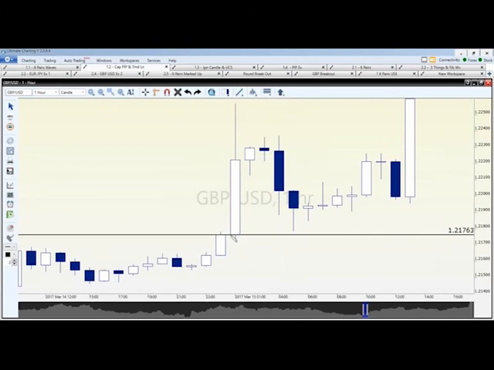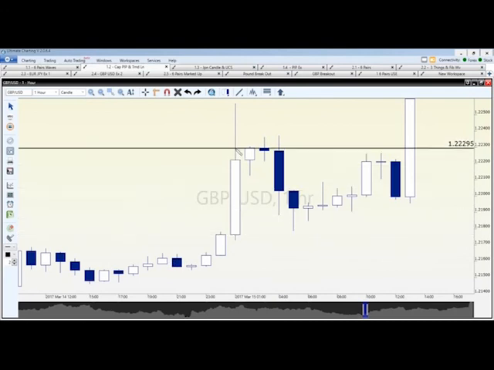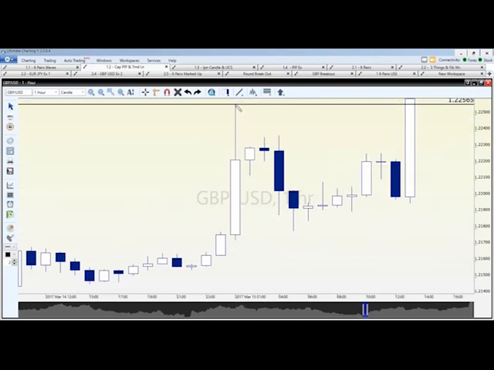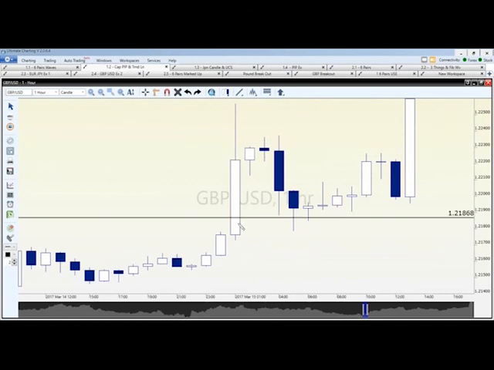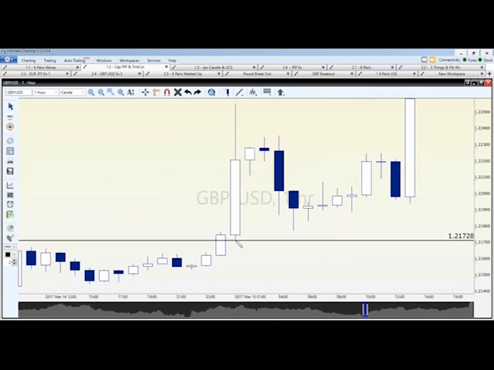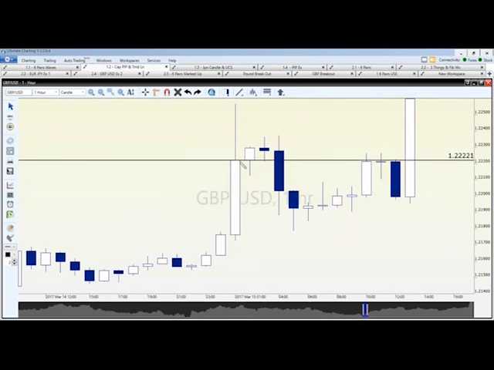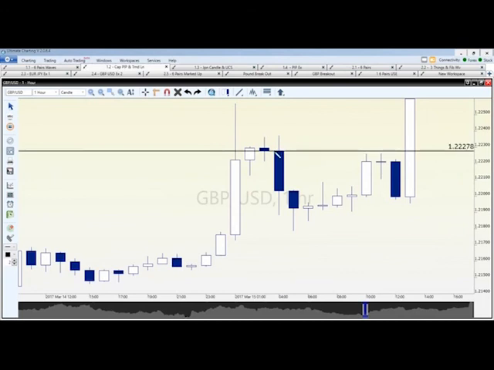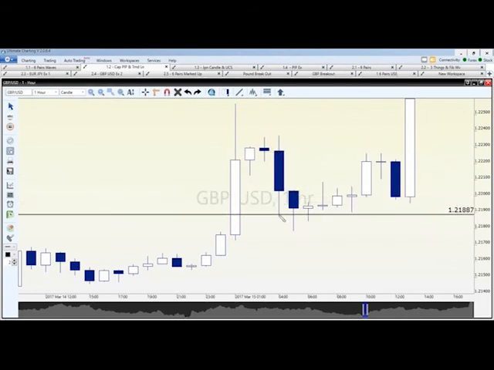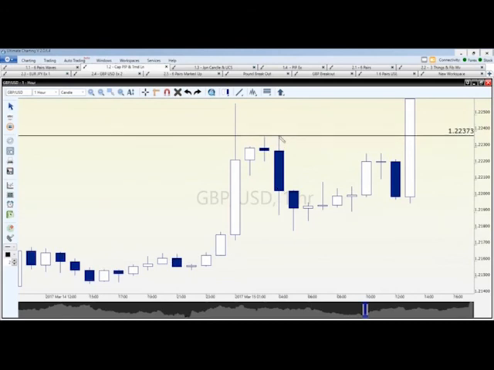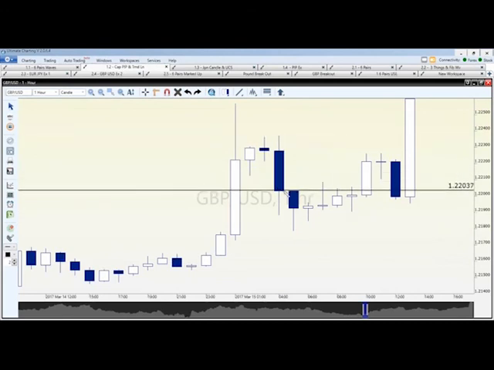Another way of looking at it is right here on this white one that I just highlighted, in the bottom left. This is where it opened. It went up to a high right there. It went to a low, this wick low right there, okay? And then it closed right there. Hopefully everybody sees that. And if we talk about this blue one right here, it went down. So it opened up here, it went down to this wick low here, up to this wick high, and it closed down here. So that's all that is, okay?